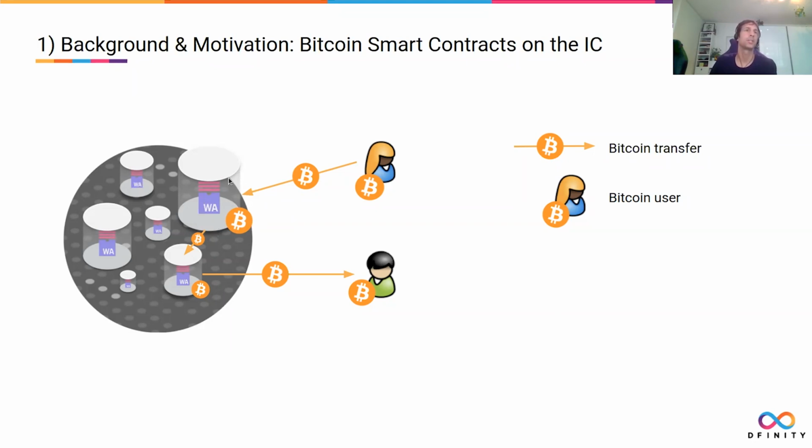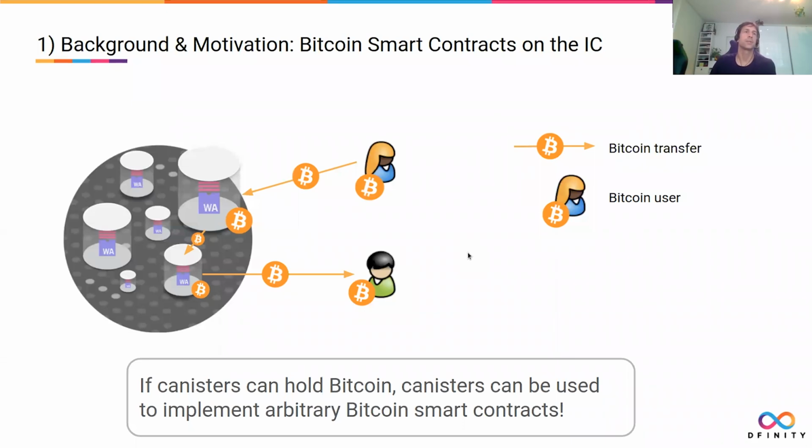And that logic may say, well, when some conditions are met, I'm going to send Bitcoin to another address, which might belong to another canister. And that logic might pay out Bitcoin to another user. So in summary, if canisters can hold Bitcoin, we can use canisters to implement arbitrary Bitcoin smart contracts. And that is actually quite nice because